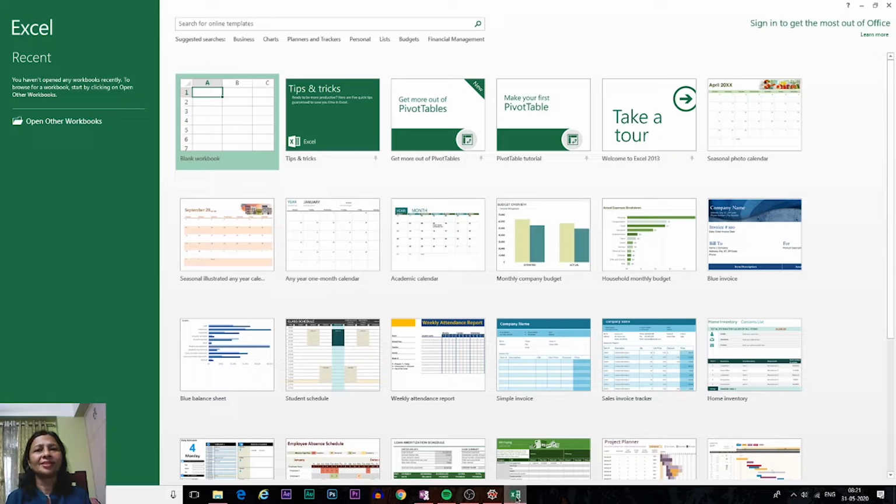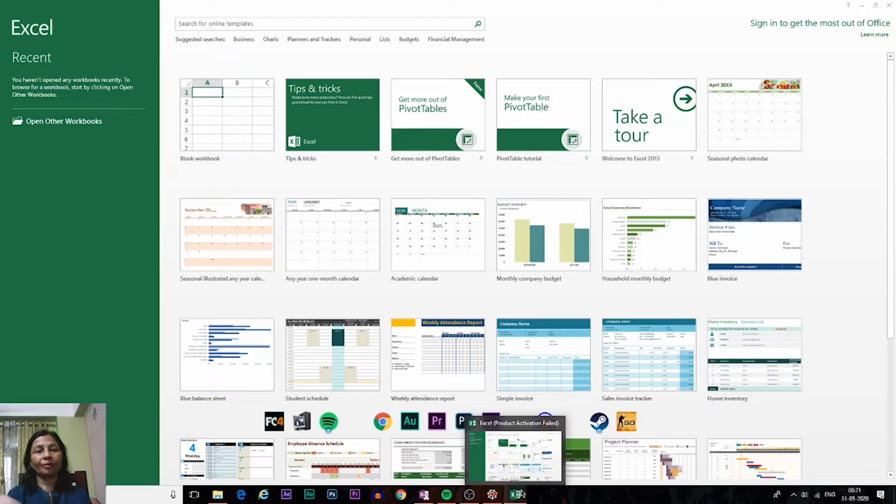So Excel sheet, it is actually very easy to learn, but a few concepts are there that are actually ignored. I will try my best to give all the concepts that are required for using this Excel. So let's start. Hope you will learn many things and you can confidently start your career with computer.